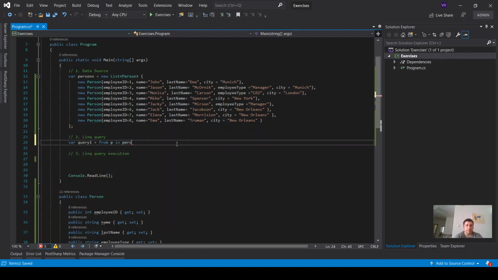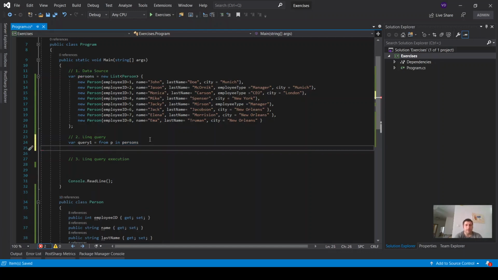Oops, not this one. Persons is basically the data source. Okay, persons. And then the way we used it before, if we want to run a full select, we would do it this way, right? Select p. Okay, if we want to run a full select,